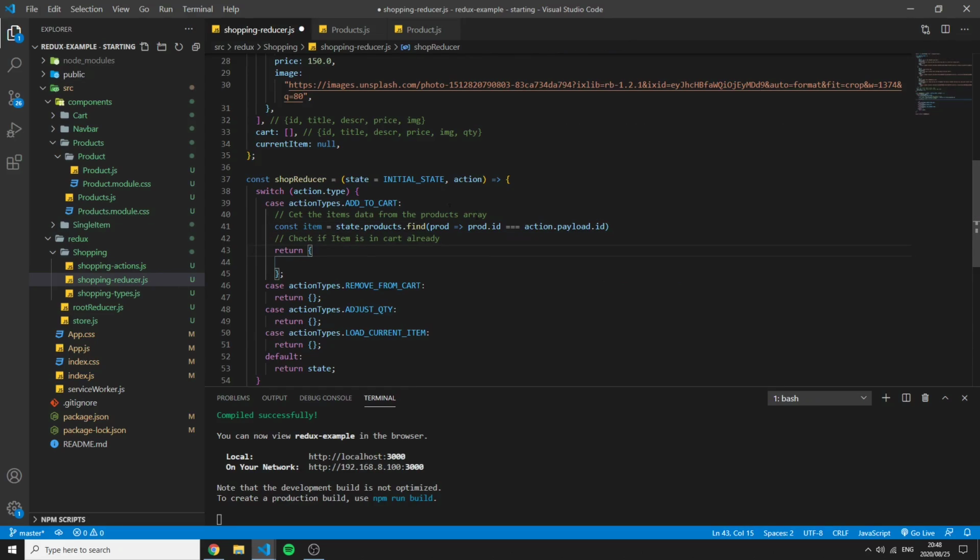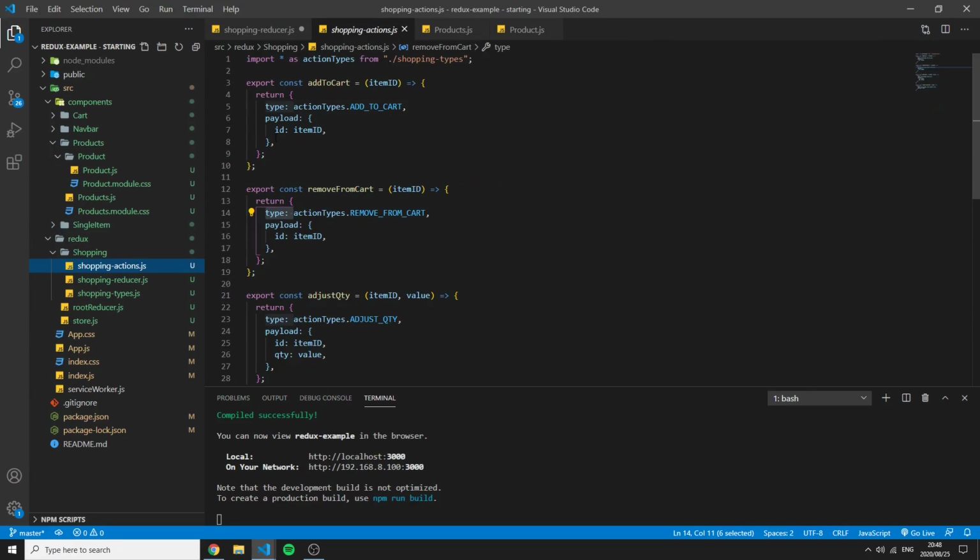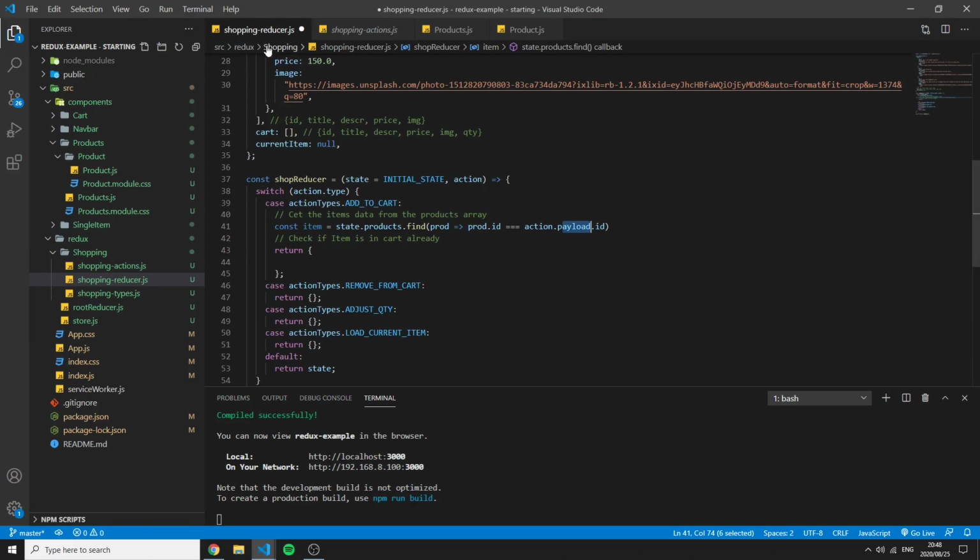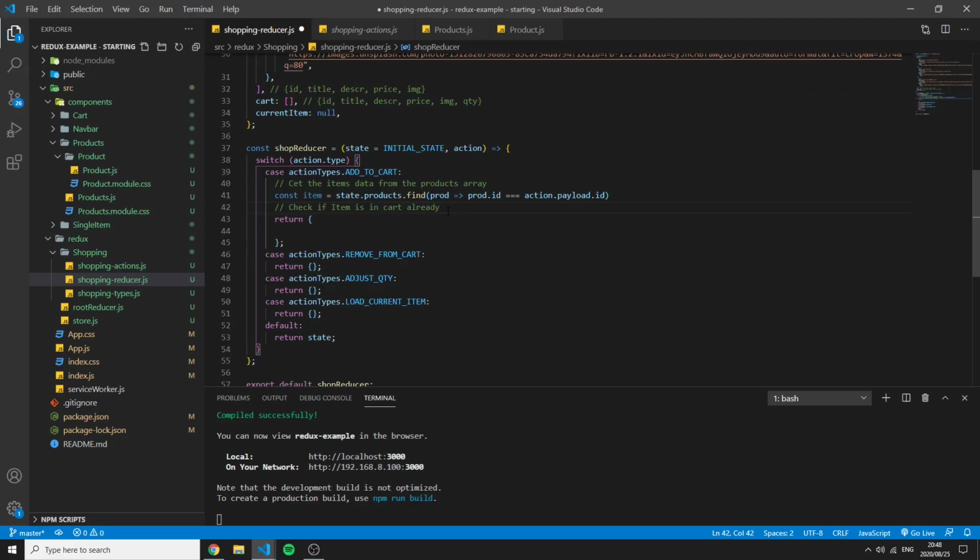Because if you remember, this action.payload, if I go back to the actions, contains another embedded key value pair which has an ID. So in there we say if that action.payload.id is equal, we want to get that specific item from the array. So basically what this would do is it would go through the array and find that specific entry and its